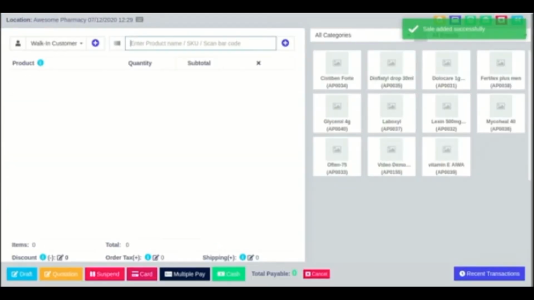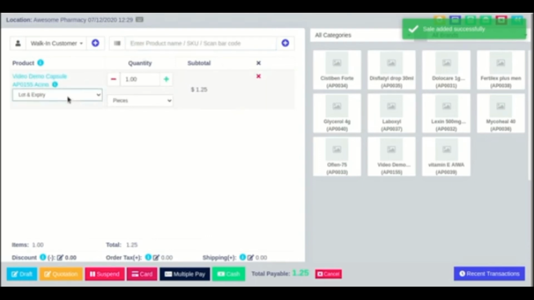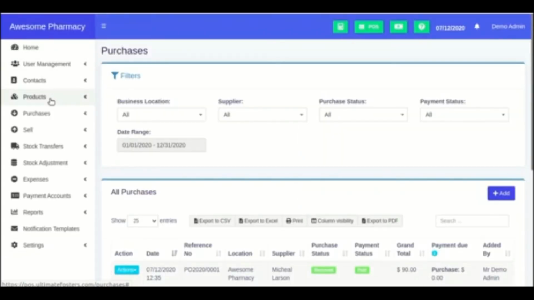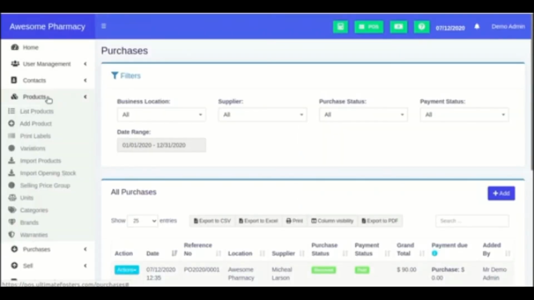So let me go to the POS screen once again and search for this particular product, video demo capsule. So again it is showing me the lot and expiry date here. Now, in the stock, let us go to the stock first. Let me click on this report over here.